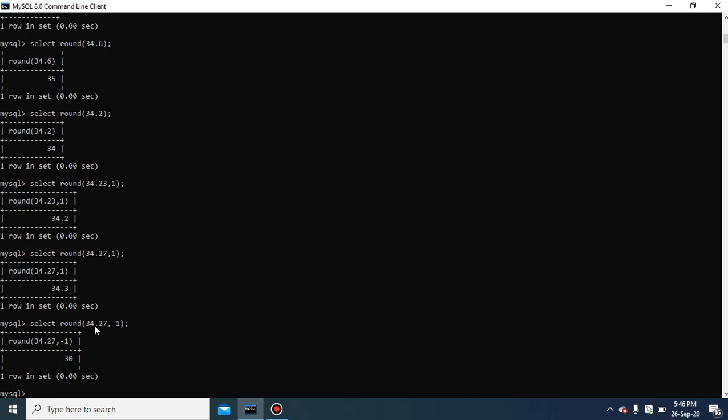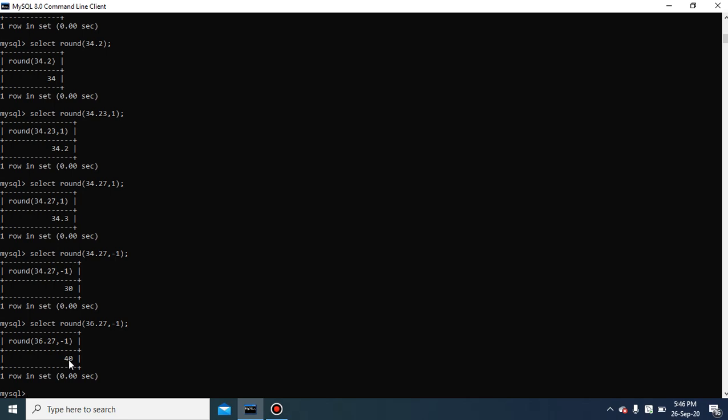If I increase the digit 34 to 35 or 36, then it will move to the nearest tens on the 40 side, which means it will return the result as 40. So you can check it, it will round off the number to the nearest tens place, which is 40.